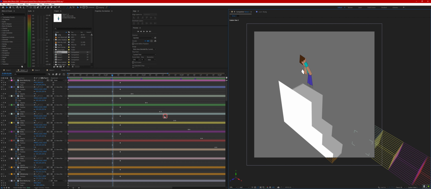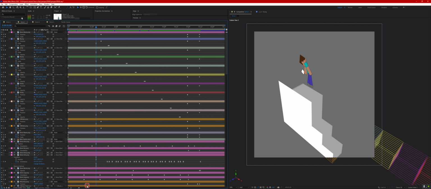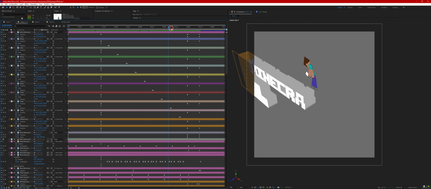And here we have the parent layers, again, controlling everything. So each of these colors corresponds to a different object in the set. Steve here is just a puppet. Everything is controlled by Steve Blank, and the rest of his rig is linked to Steve Blank, except for the block being linked to his arm. You can see his legs bob back and forth like they would in game,